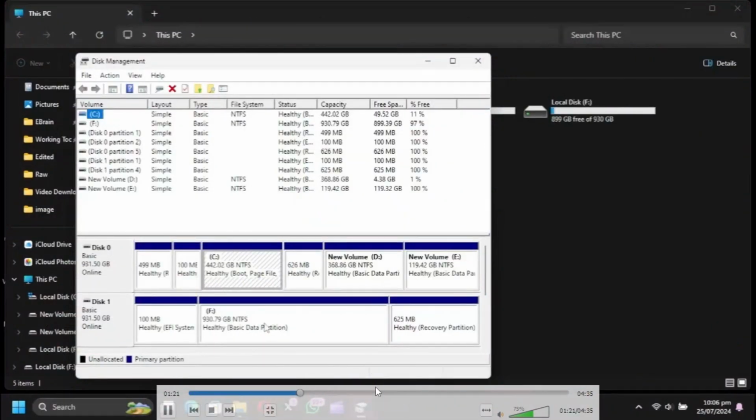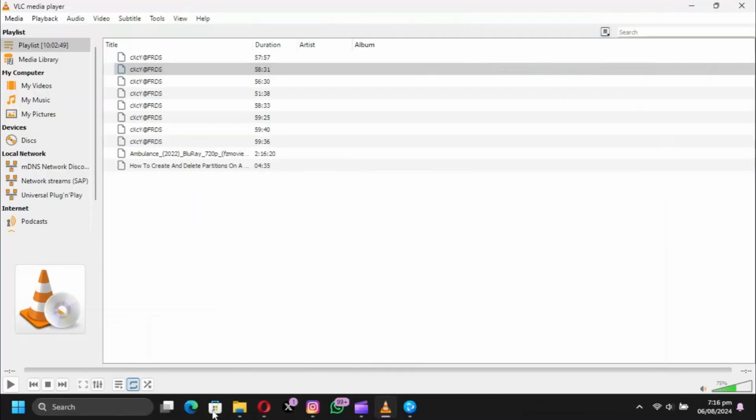Disk F on the disk management page. When done shrinking the specified space, it's going to be indicated at